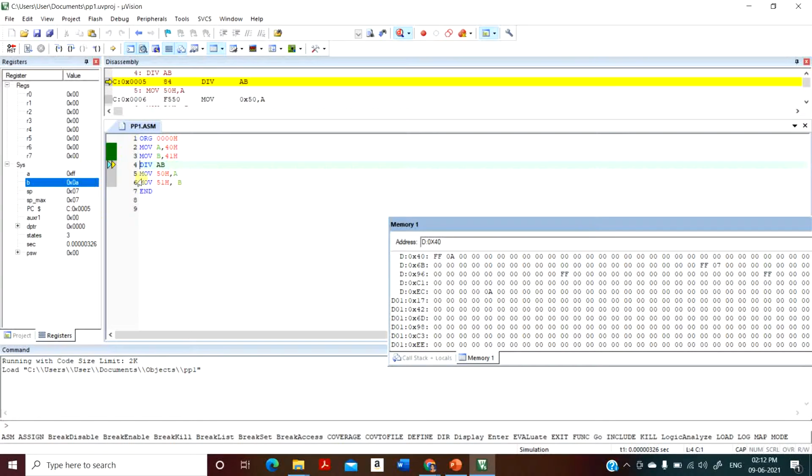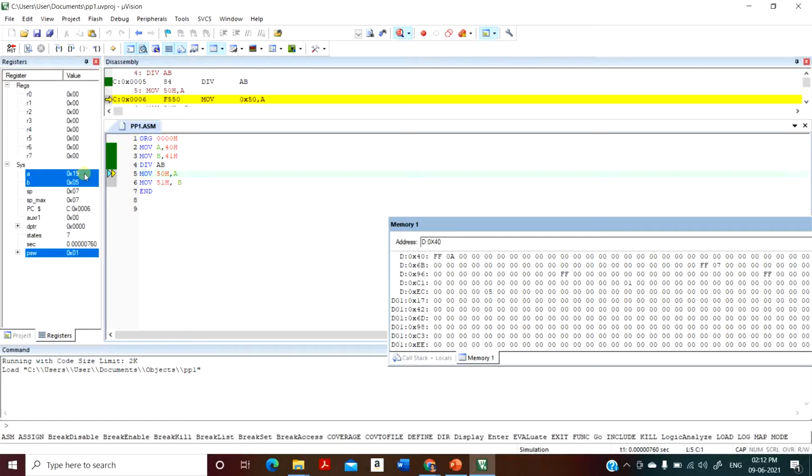You will perform DIV AB. So the quotient is present in the accumulator and the remainder is present in the B register. Simultaneously, because this is 19, you have an odd number of ones in the accumulator, so the program status word has changed to 01 because the parity is set.